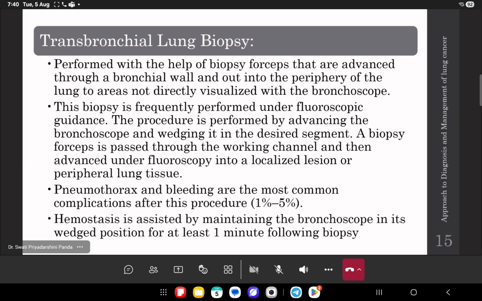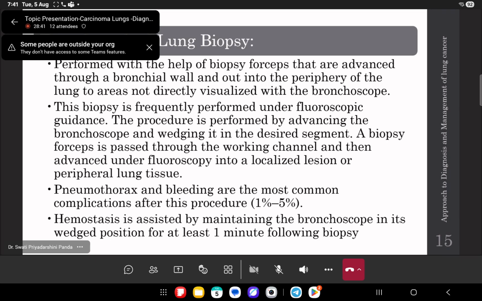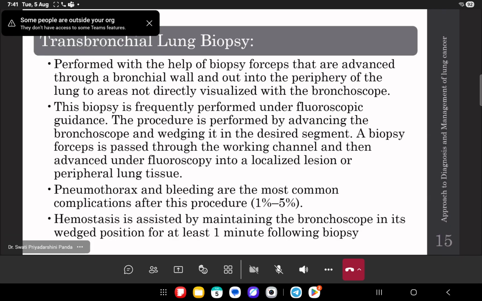Transbronchial lung biopsy is performed with the help of biopsy forceps that are advanced through a bronchial valve and out into the periphery of the lung area, to areas not directly visualized with the bronchoscope. This biopsy is frequently performed under fluoroscopic guidance. The procedure is performed by advancing the bronchoscope and wedging it in the desired segment. A biopsy forceps is passed through the working channel and then advanced under fluoroscopy